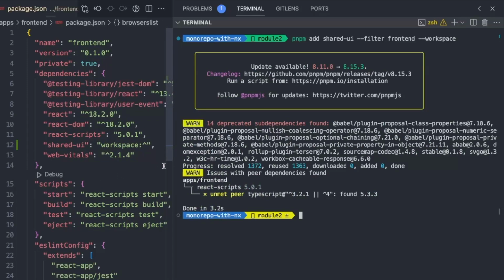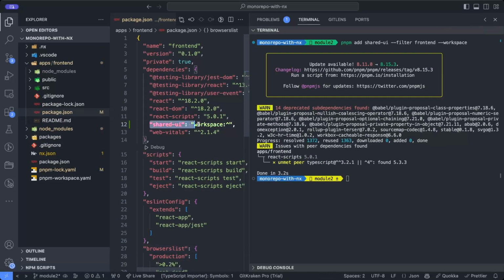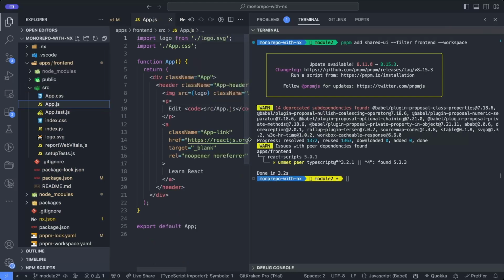Great. Now you could see the package has been added into our project, and we can now go to our app page